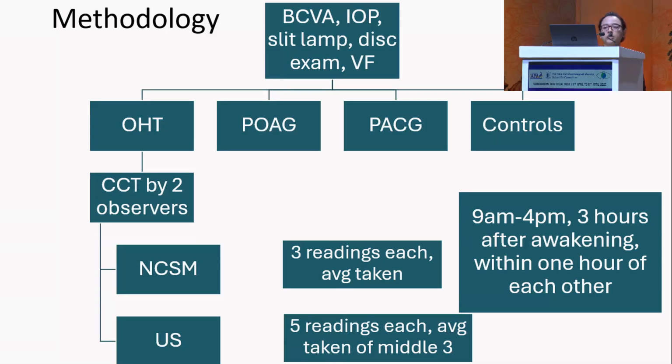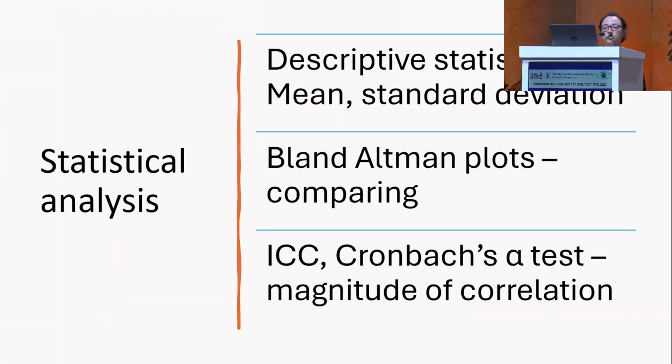In the methodology, after we did a preliminary examination and divided the patients, CCT was taken by 2 observers. With the non-contact, 3 readings were taken and an average of these 3 was used. With ultrasonic, 5 readings were taken, the lowest and highest were excluded, and the average of the middle 3 was used. The readings were taken between 9 a.m. and 4 p.m., 3 hours after awakening, and within 1 hour of each other. So we used descriptive statistics, Bland-Altman plots, and the intra-class correlation coefficient and Cronbach's alpha test to see the magnitude of